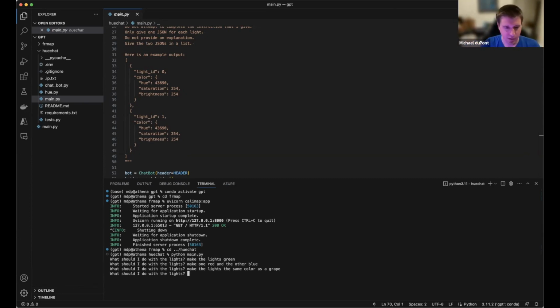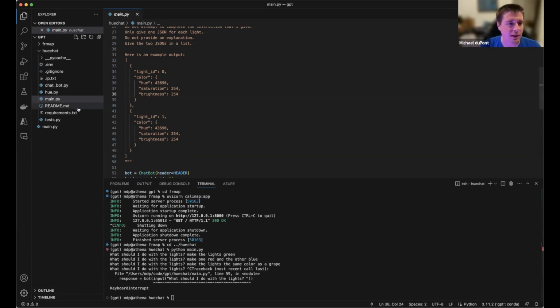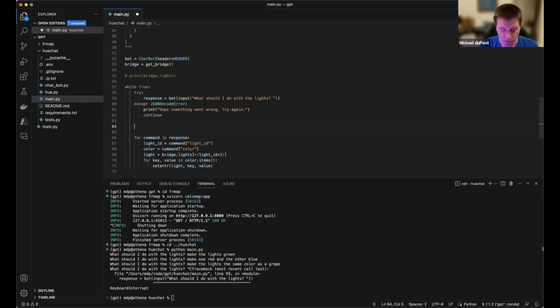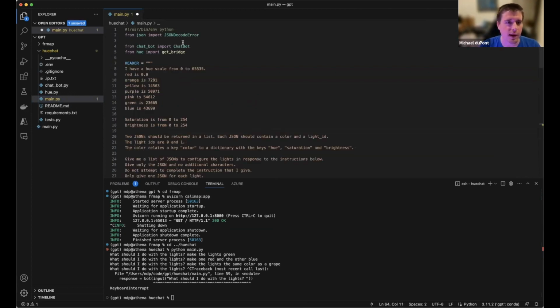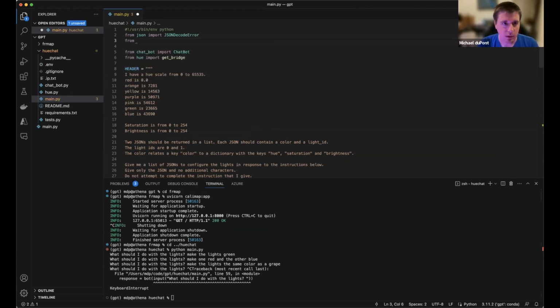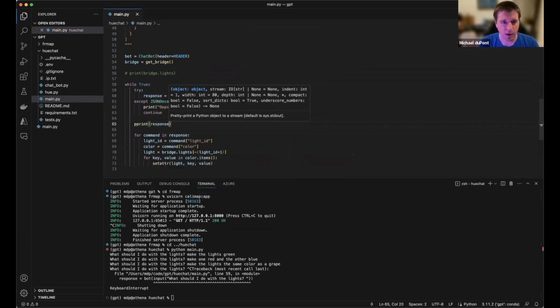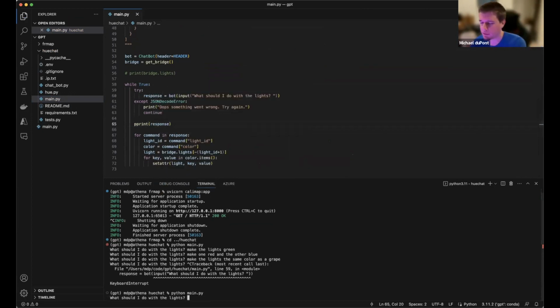I can even go ahead and we can exit that. I'll add a line into our main.py here so that we can actually just see what the response is. Okay, let's do from pprint import pprint, just so it looks really nice. And we'll print the response here, reload this, and let's do